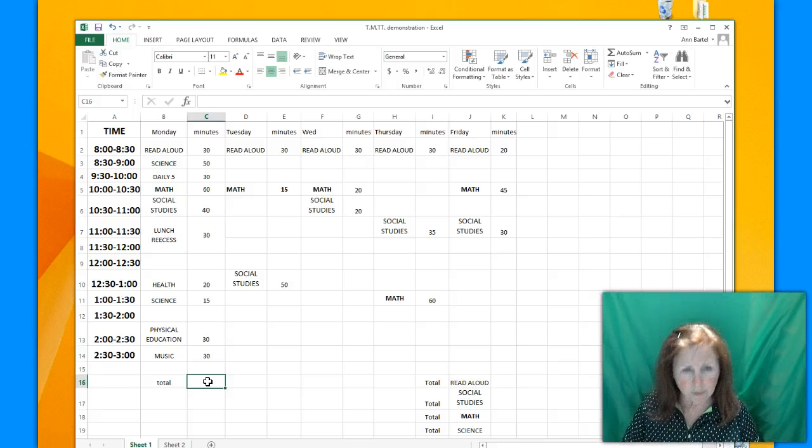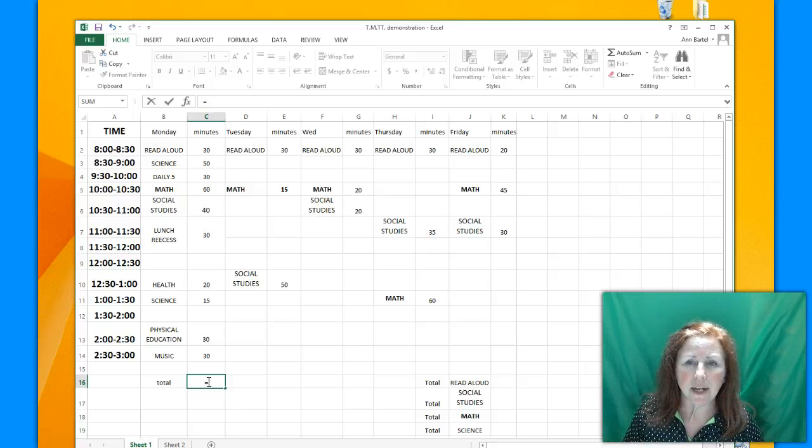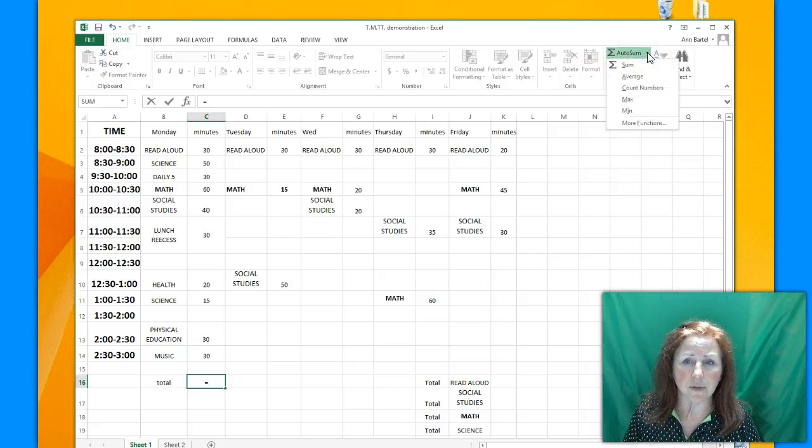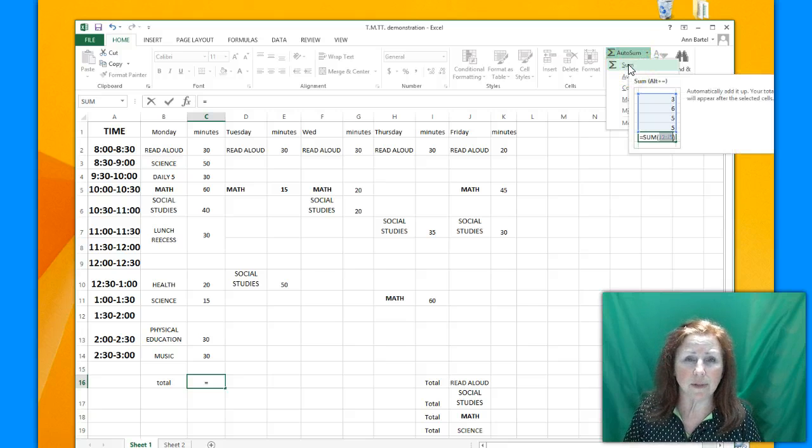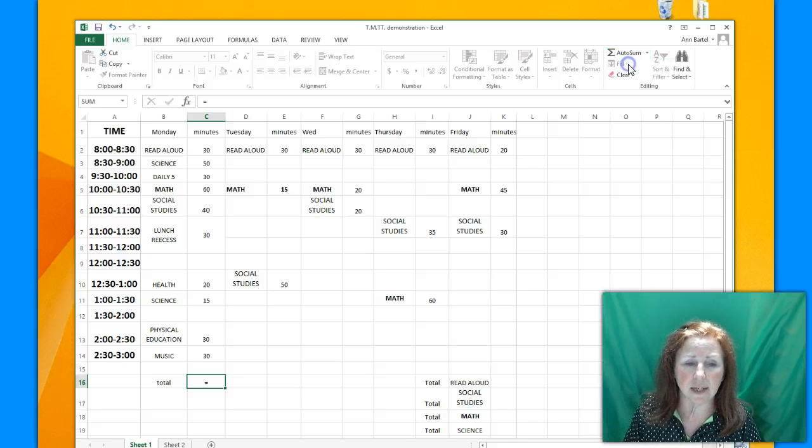So I put down the equal sign, see it right there, and then I'm going to use the shortcut or the automatic function up here. If you click on here, there's a couple different choices: average, count numbers, max, minimum. I actually don't know what those mean, but I do know what the sum is, and that's what we're going to focus on today. When I click this, notice that the